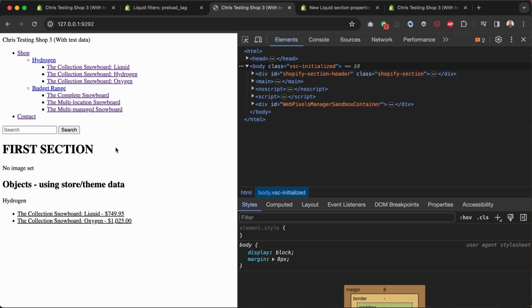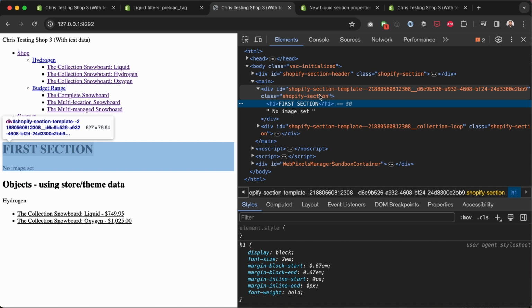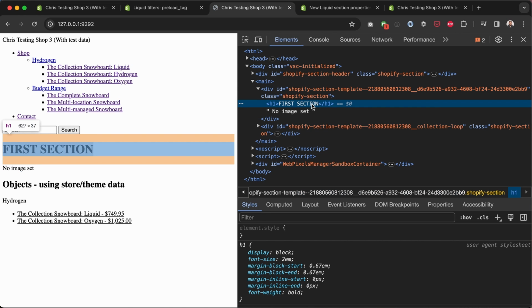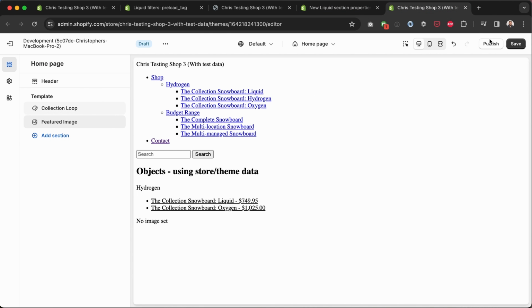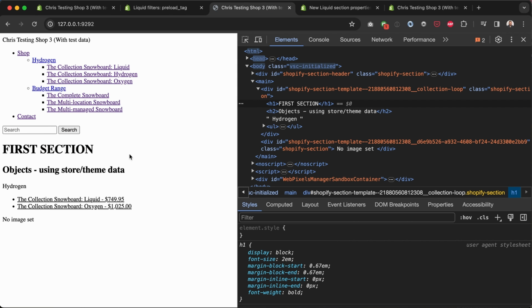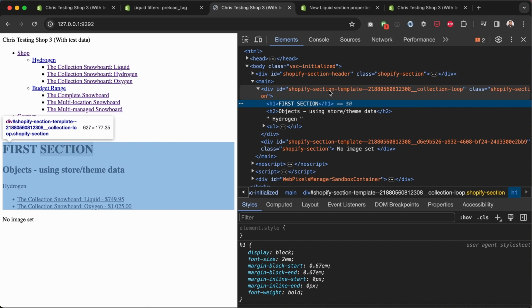Now, it might not be obvious because, of course, I could have put this title outside of the sections altogether. I could have put it in the layout. But if we actually look inside here, you'll see that this H1 is actually inside this first section. So both of these sections have the code, but it's only going to produce the H1 if it's the first one in the list of sections. So just to do that again, if I put the collection loop section above, you'll see the H1 will come through that section instead. And obviously, this is not the best example running a H1 inside the section,